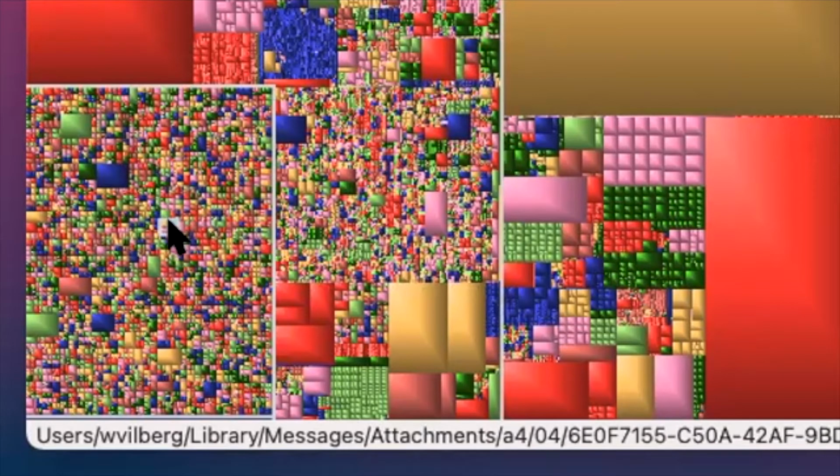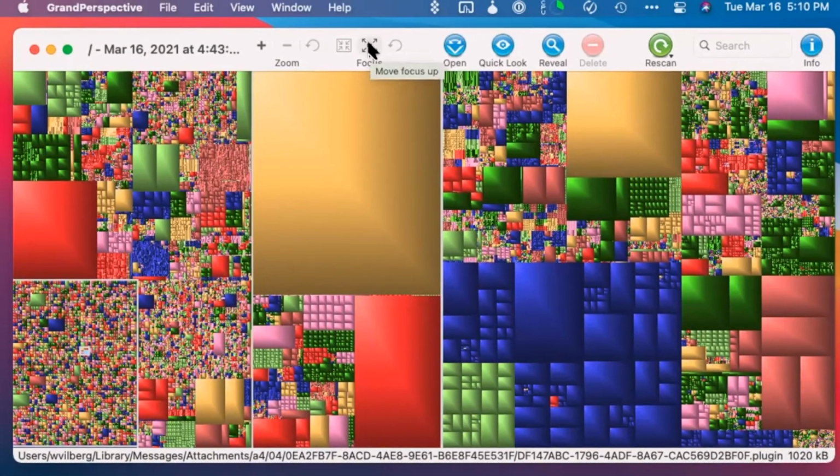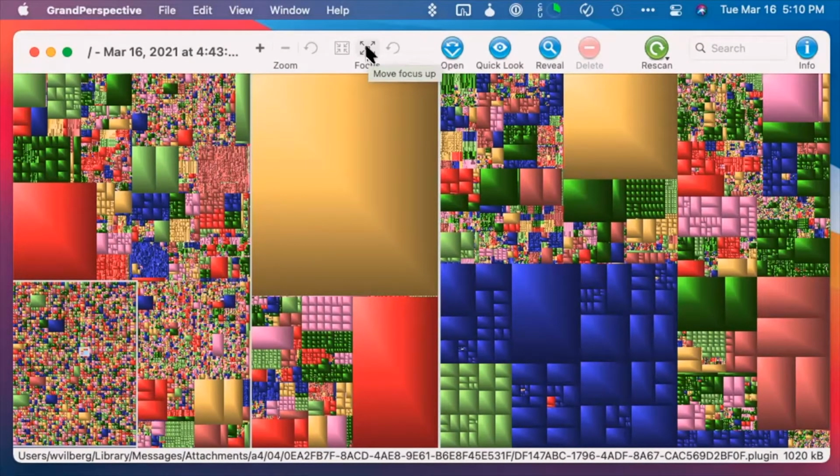And let me show you a trick of the program here too. If I click on something, then I move the mouse and nothing changes because whatever I've selected is locked in place. Then if I go up to the top here and click on this focus icon, I can expand the focus, and sometimes it takes a couple clicks. And now if you look in the lower left-hand corner, you can see that I'm in Messages Attachments. And now go to the lower right-hand corner, and you can see that I have